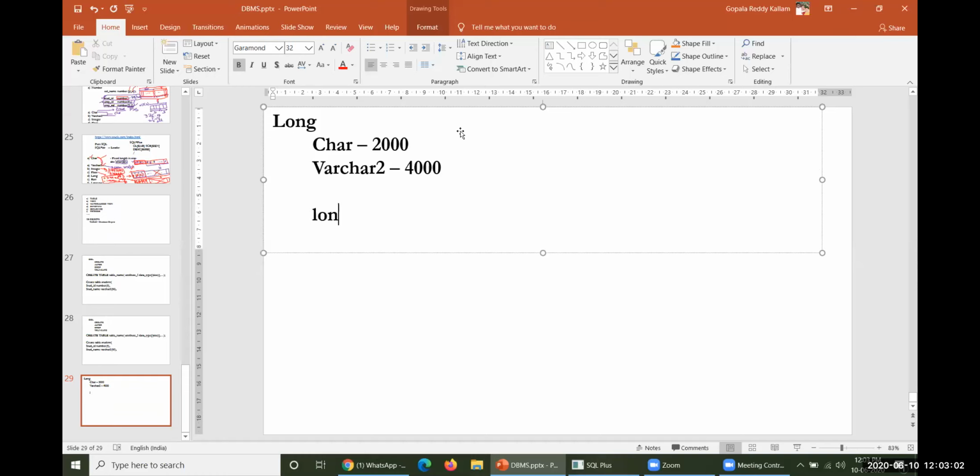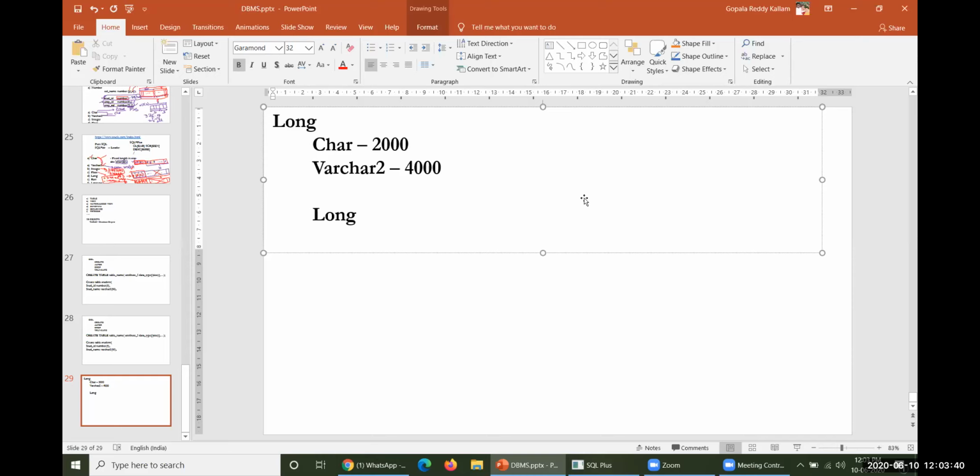That is the importance of the long data type, for any kind of database application. Don't assume that long is only for integers, as in your previous experience in C, C++, Java, or any other languages you have learned, where long means only integer. A long integer is stored in 4 bytes, something like that, but that is not the case in SQL.